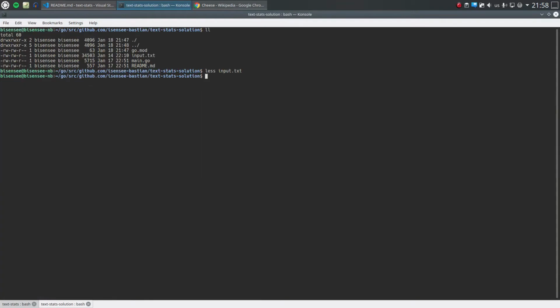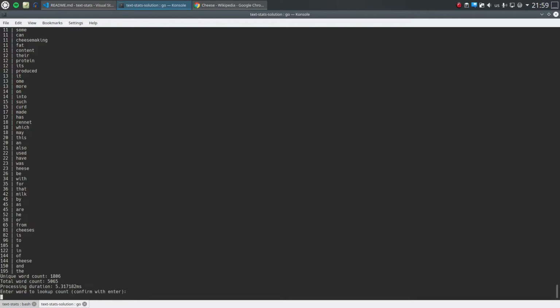What will the program look like when we're done? Just to get an idea, I'm going to show it. We will write a little program that we can run with our Go tool, and it's going to read my text file, input text, and then print some statistics. So of course Go is not complete. We need to call Go run, give it the main file containing the main function, and then you can see